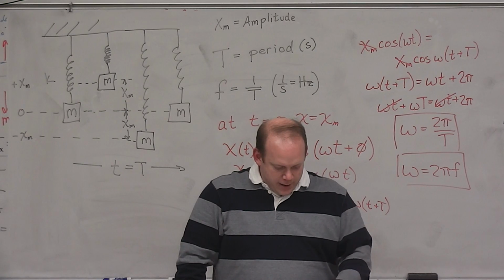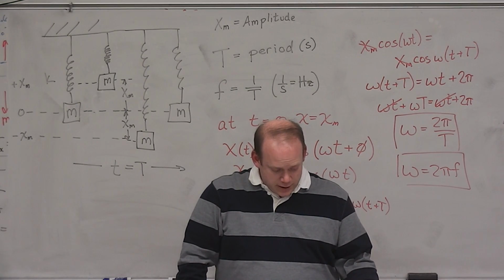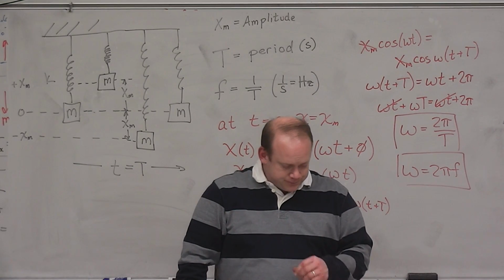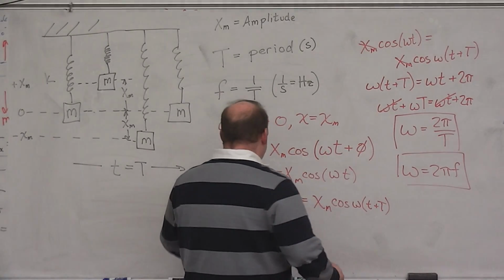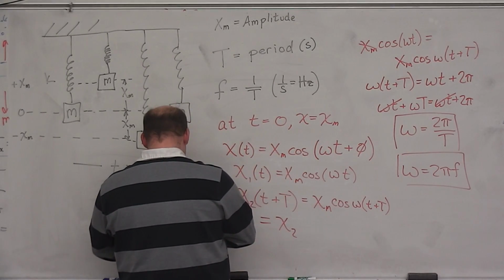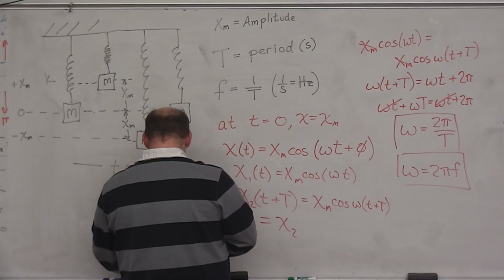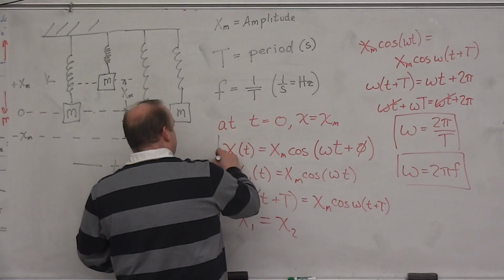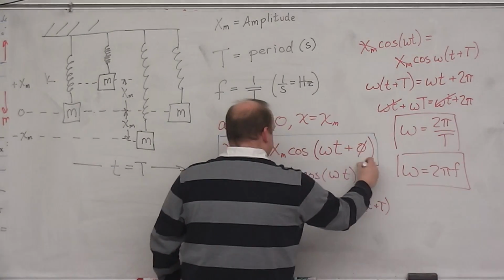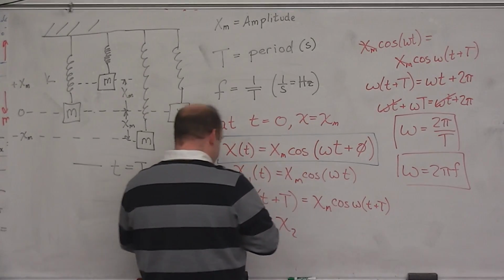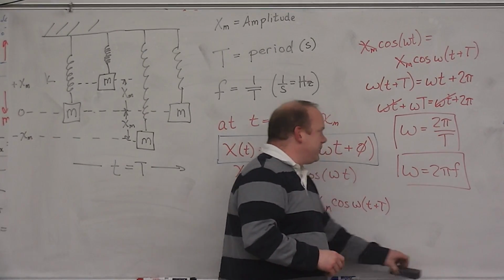So now, a couple things that we're going to go through very quickly on this. So we know right here, this is kind of the key point. This is our key equation. So if x of t is equal to that,